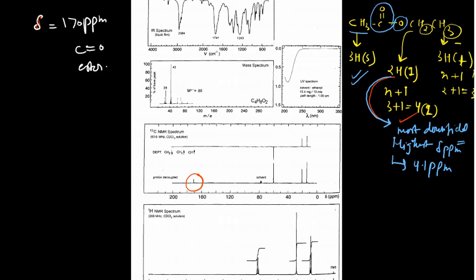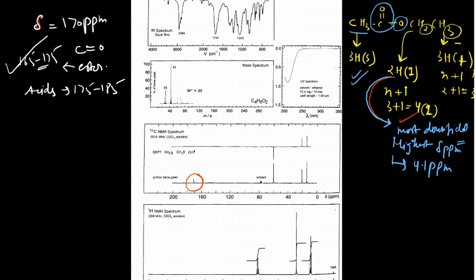Now how do we know it is an ester? If it was an acid, you would have a different chemical shift, a little higher than this one. Ester has 170, but if it is an acid, it will have 175 to 185, and for esters this value is 165 to 175. I have already told you this, and so this data matches perfectly with the ester. So this will give you the idea.